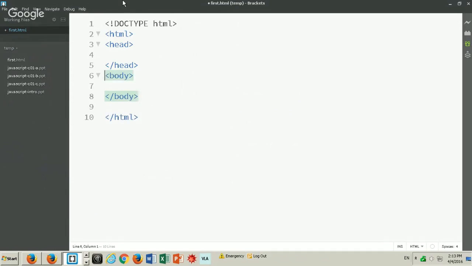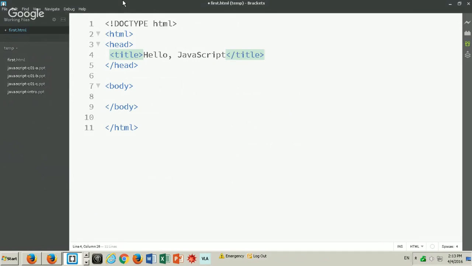So I have the HTML, the head, and the body tag. In the title, it's going to be Hello JavaScript. And you will discover quickly that to learn JavaScript, you must already be familiar with HTML and CSS. So maybe I'll point you to a couple of references to